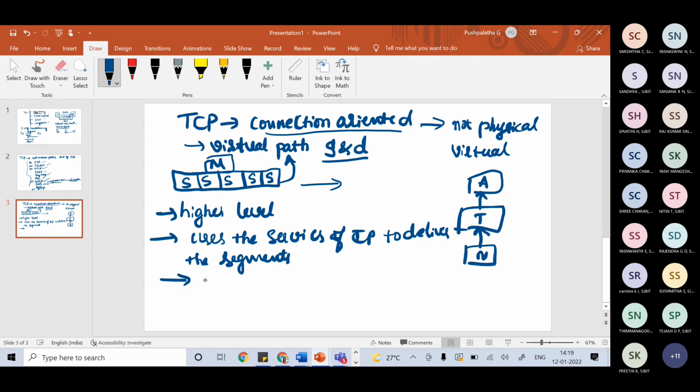Once the application layer sends messages to the transport layer, this fellow will send data unlimitedly to the transport layer.